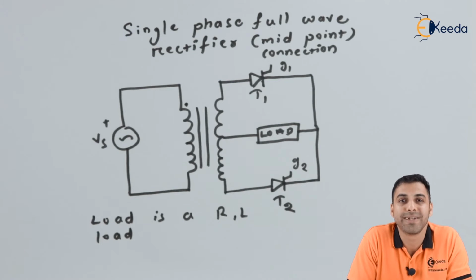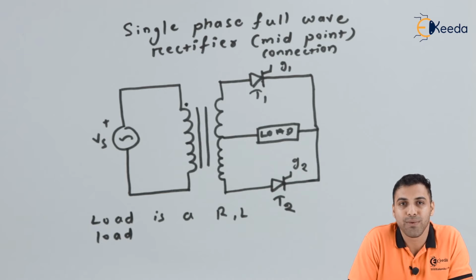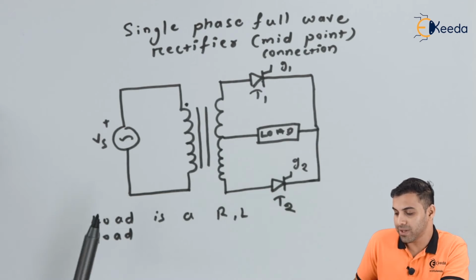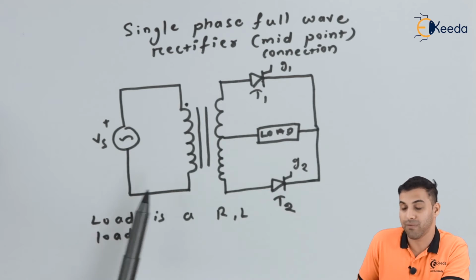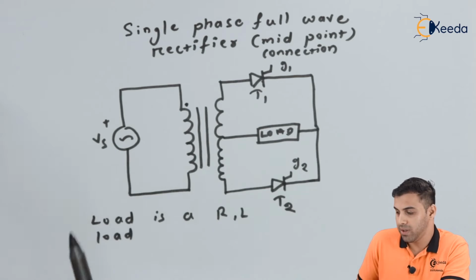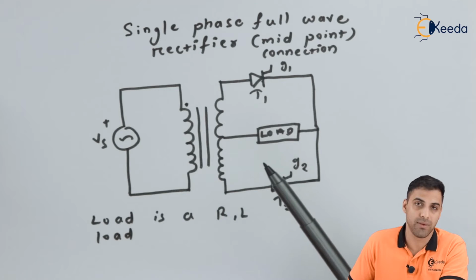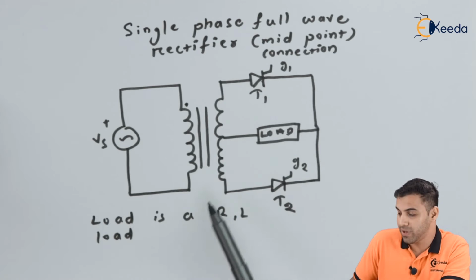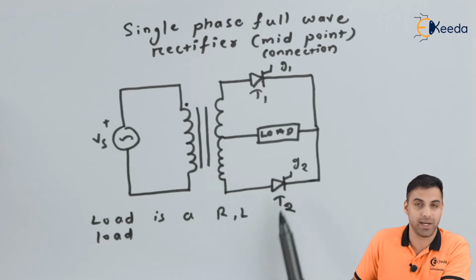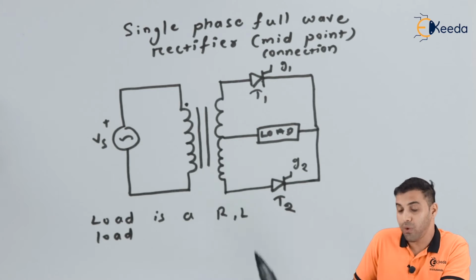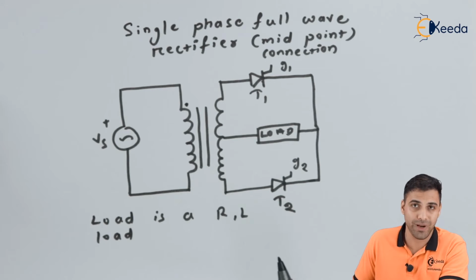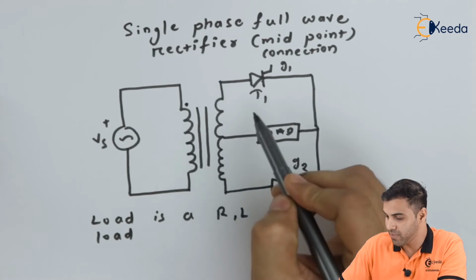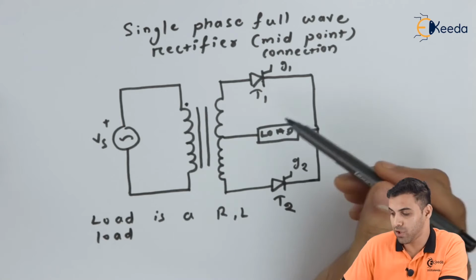So now we will be discussing how this works. Now friends, whenever we are giving a sine wave to the primary terminal of a transformer, during the positive cycle, T1 will conduct, and during the negative cycle, T2 will conduct, and the direction of flow of electric current through the load will be the same. For example, here during the positive cycle, if we talk about this loop,